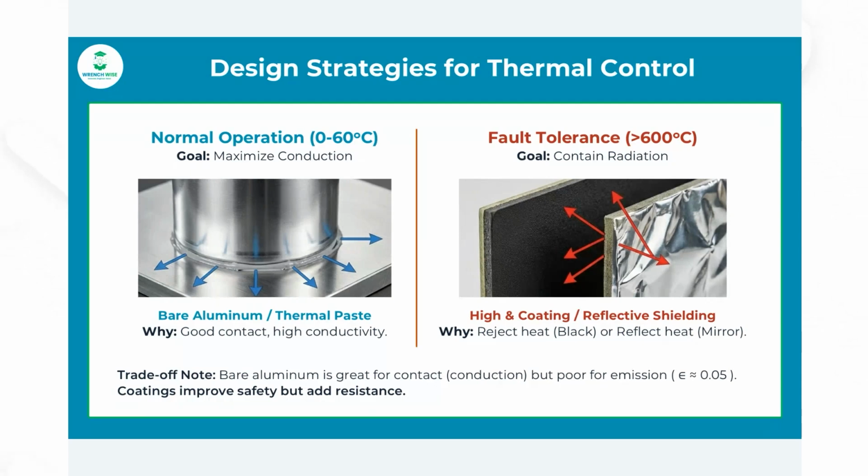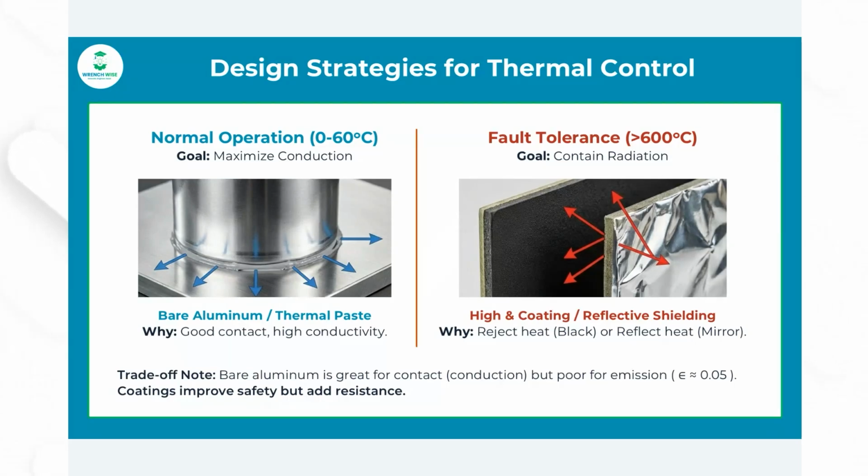Here, the enemy essentially is internal resistance, whereas on the right, we have fault tolerance, which is for greater than 600 degrees Celsius. Our enemy essentially here is the thermal runaway propagation. So for normal operations, in normal daily driving,